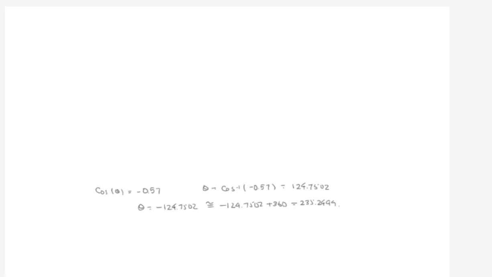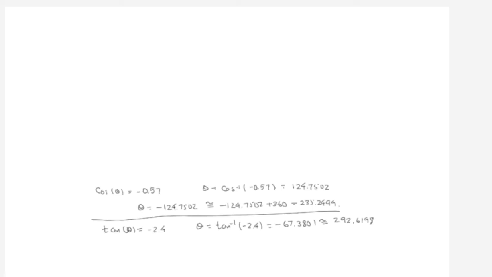235.2499. Finally, if we want to solve the equation tangent of theta equal to negative 2.4, then one of the angles is given by the calculator by doing tangent inverse, and the calculator gives us the value negative 67.3801, and if we want the angle to be between 0 and 360 degrees, then we add 360 to obtain the angle